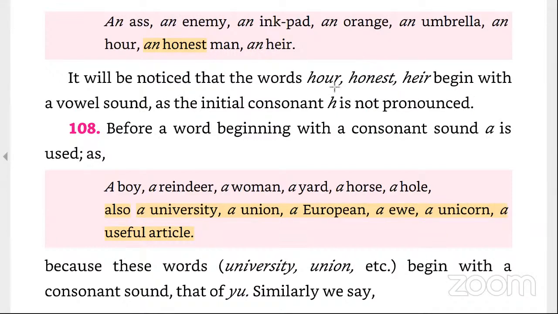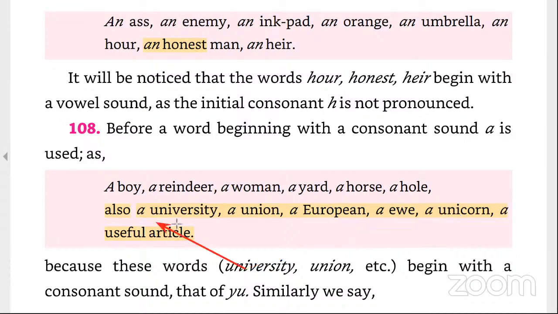So let's understand, there could be words beginning with a consonant. Then a is used. A boy, a reindeer, a woman, a yard. There could also be words that begin with a vowel letter, but the sound that comes from them is that of a consonant sound. For example, union, university, European, ewe,